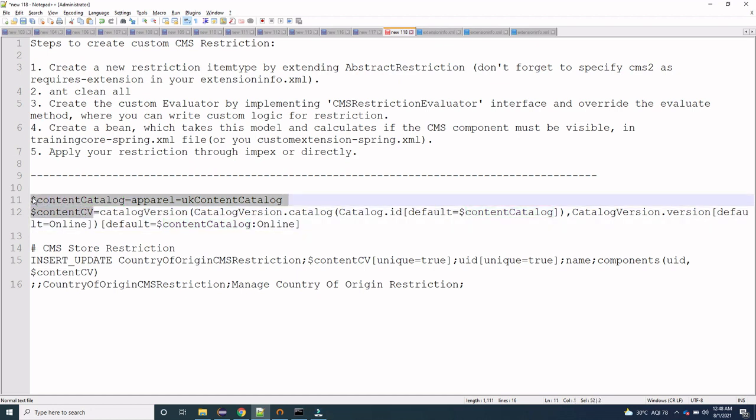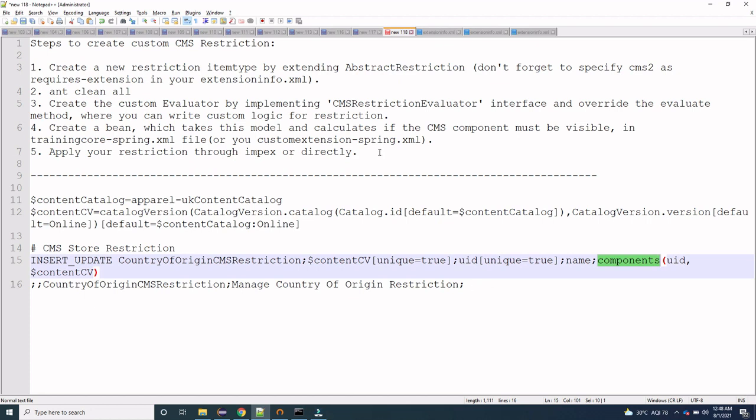We have defined these two macros, and then in the country of origin CMS restriction item type, we are just associating this content catalog version that we have fetched here. We are defining the unique ID of it, and then we are defining the name. And after that, in the components, as of now we have not defined anything.